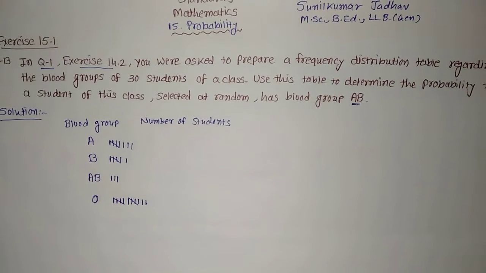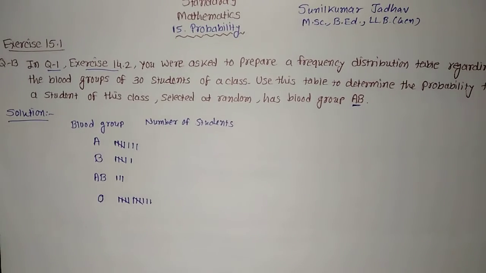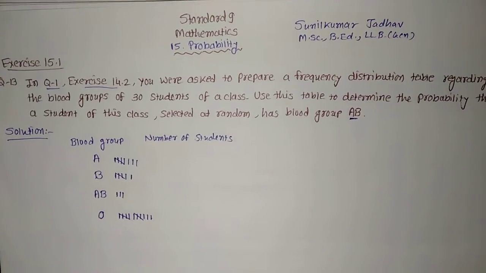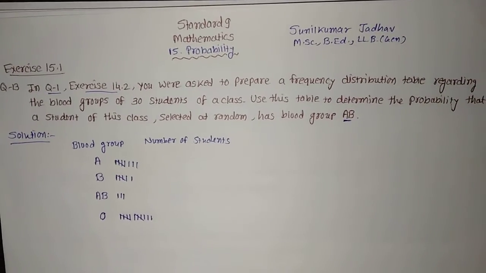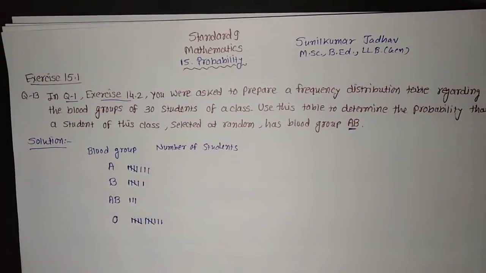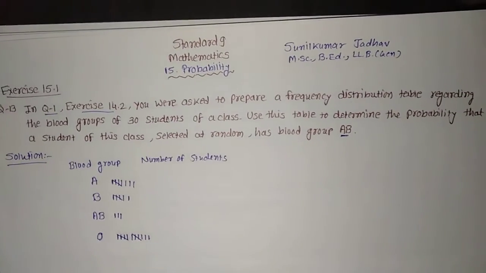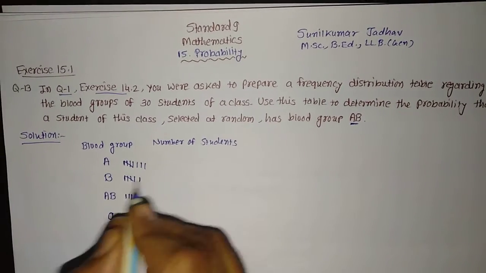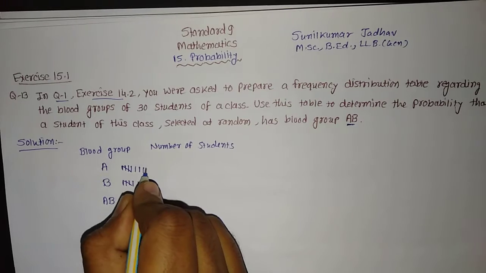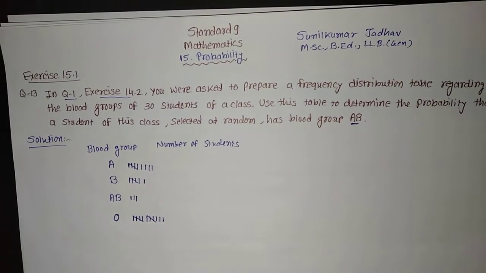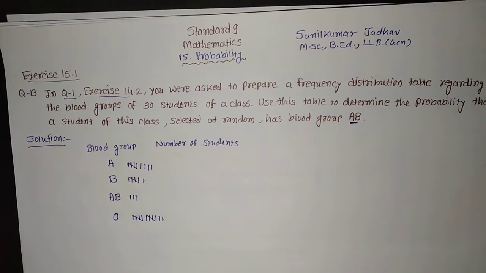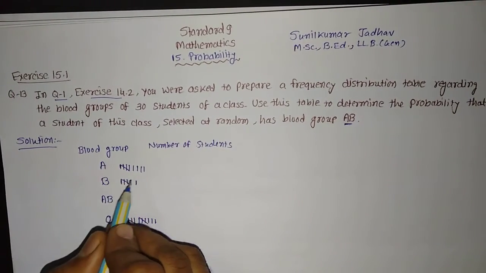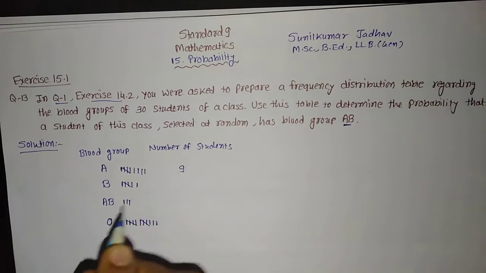On that data we have prepared this particular frequency chart. Now we'll go for it. First of all, we'll calculate the number of possible outcomes. I think one is remaining here in this 1 2 3 4 5. Oh, sorry, one more we have to keep here, which is remaining. I'm sorry. So now let us calculate it for blood group A. 5 plus 4, that is equal to 9.